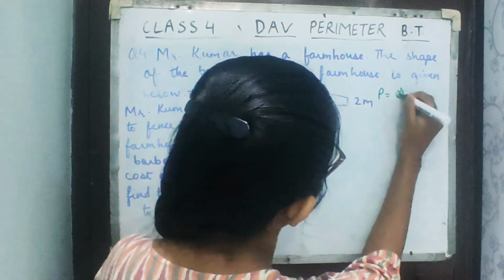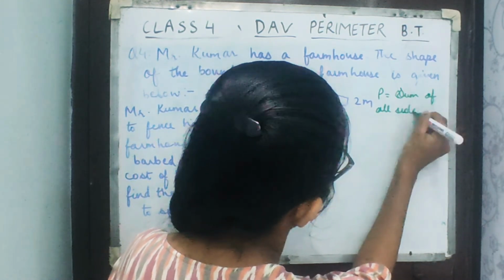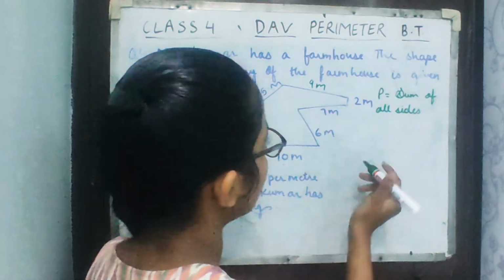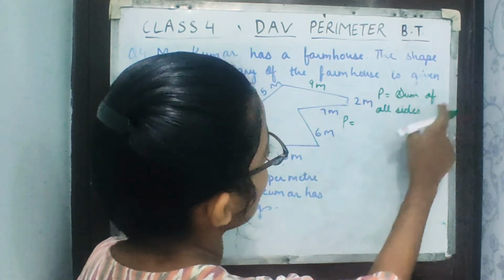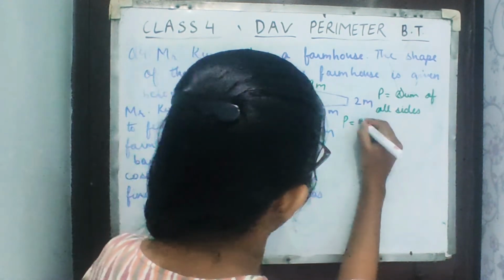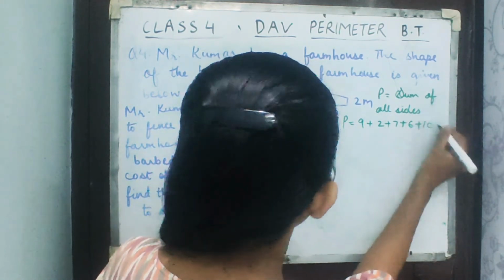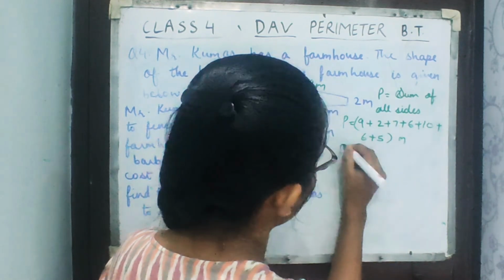So perimeter will be the sum of all sides, because this is not a square, rectangle or triangle where we can apply the formula. So we have to do it in the general form. Generally the sum of all sides is the perimeter. So 9 plus 2 plus 7 plus 6 plus 10 plus 6 plus 5. Okay, so perimeter will be